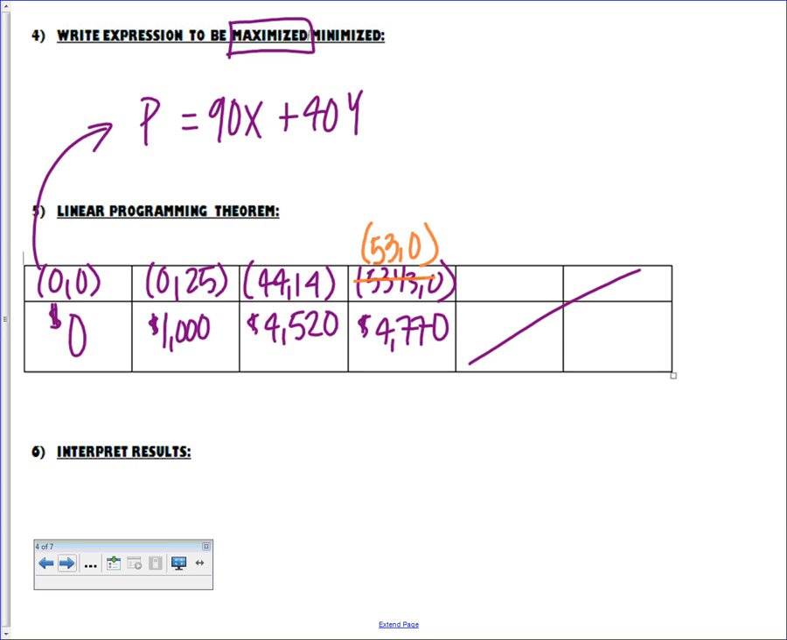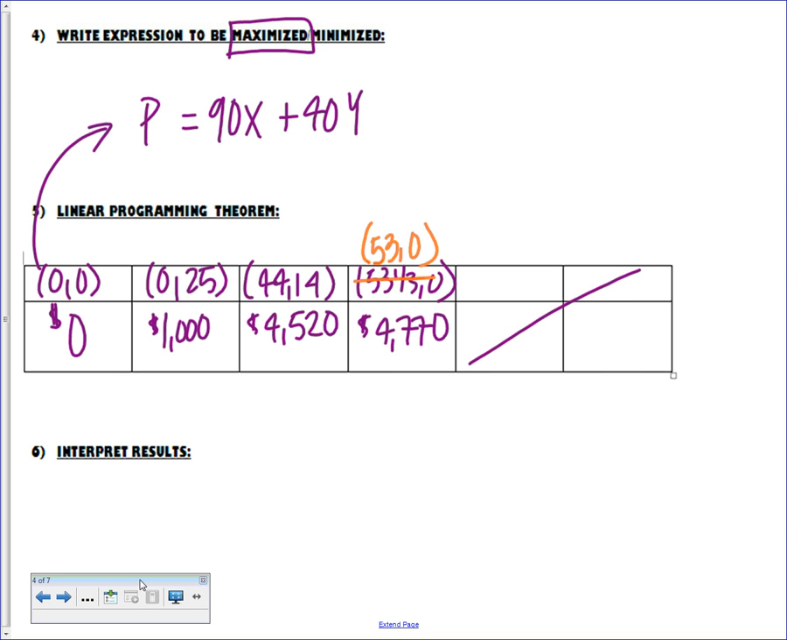So all I did is plug those ordered pairs into the expression we wrote above. So if I want to maximize my profits, it should be pretty clear to see that this option gives me the most, right? $4,770 would be the most. So now to interpret my results, my last step, I'm going to be very specific. So I'm going to say for Jocelyn, because that's our jewelry store,